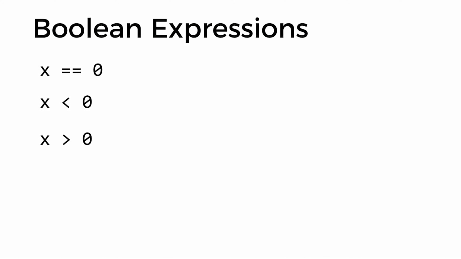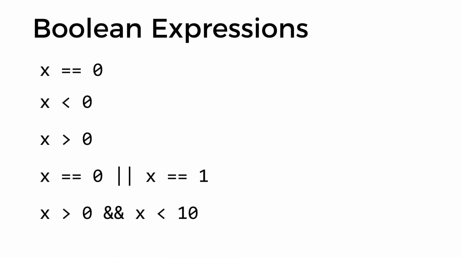And you can even take two or more Boolean expressions and combine them together. Here, for example, these two vertical bars mean or. So this expression is true if x is 0 or x is 1. And these two ampersand symbols mean and. In other words, this last Boolean expression will be true only if x is greater than 0 and x is less than 10. So think about what Boolean expression you might use inside of your do-while loop to make sure that the input is between 1 and 8. And if it's not, you should reprompt the user to type in another height.